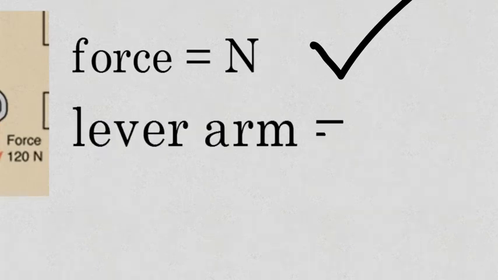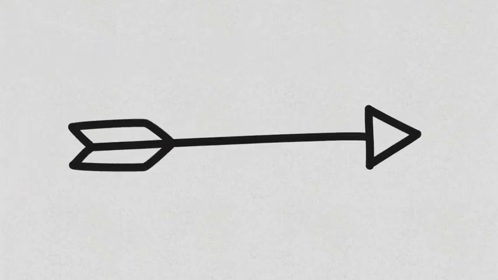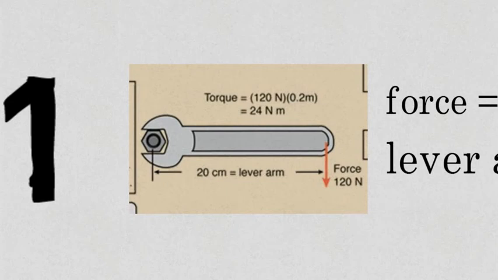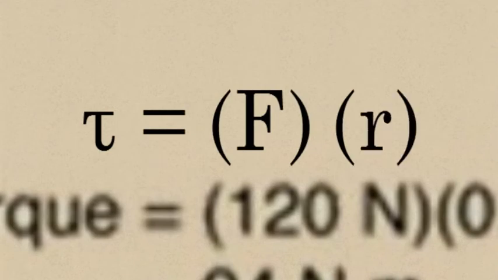And how about the distance? The distance is 20 centimeters. The centimeter is not an international unit, so we must change this to meters as the international unit. And 20 centimeters is equal to 0.2 meters. So the distance is 0.2 meters. After that, we can calculate the quantity of the torque by tau is equal to F times R,